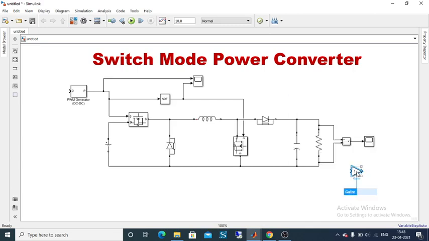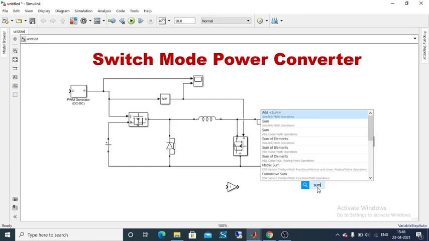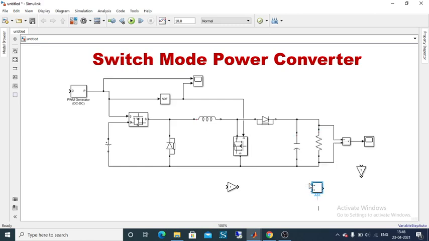I need two gains, so simply I can copy this. Okay, fine. Now rotate this gain, and I'm going to use a reference signal, and based upon your reference signal you can get a constant output